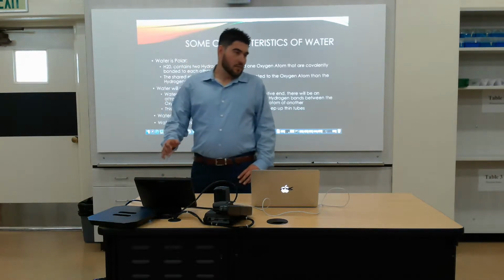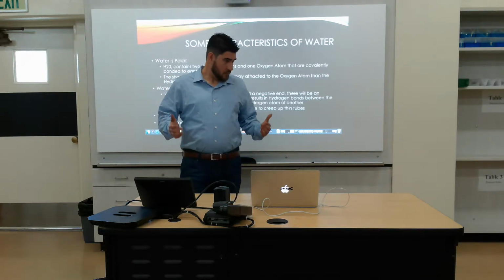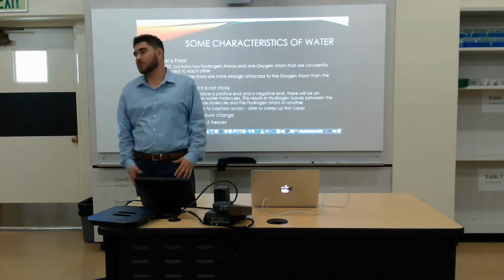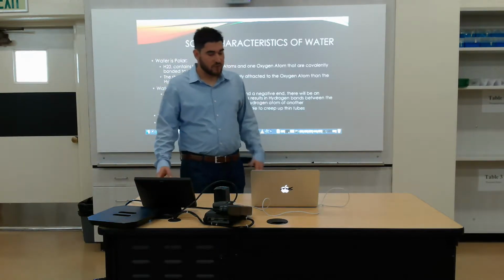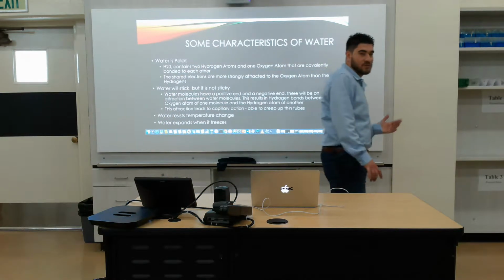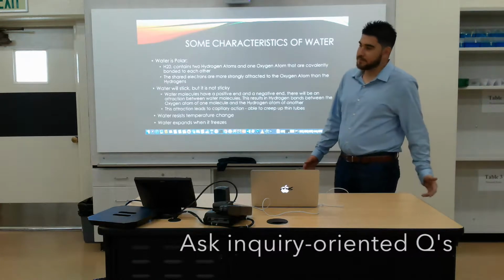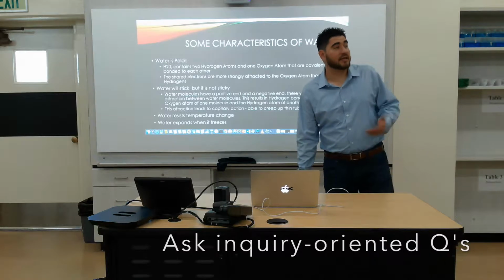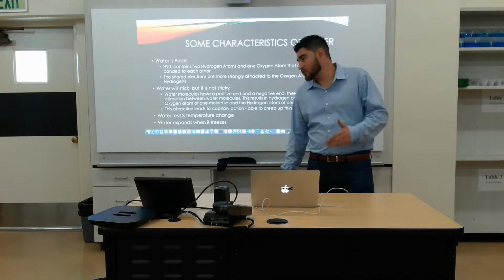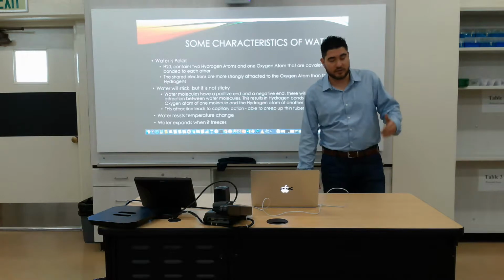So, by show of hands, who knows what kind of charge is associated with electrons? Negative, it is, right? So if the electrons are hanging around the oxygen atom more than they hang around the hydrogen atoms, what do you think is going to happen to the charge on that oxygen atom? It's going to be slightly negative, right? Exactly. Therefore, the charge on the hydrogen atoms is going to be slightly more positive because the electrons are hanging around there so much.